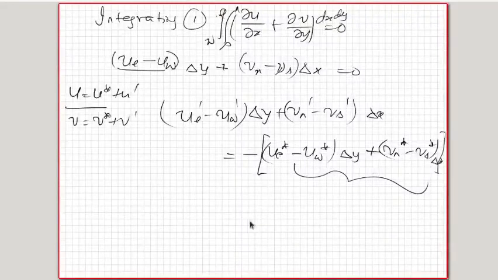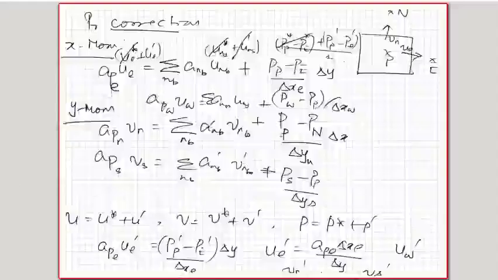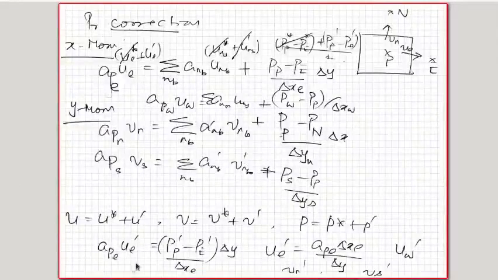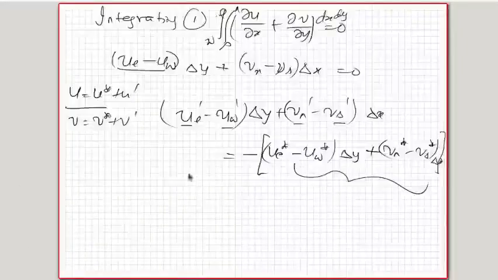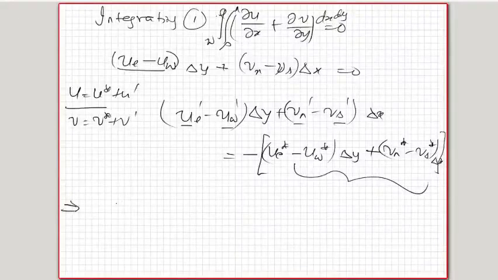Okay, so that is the residual of the continuity equation, and as this reduces to 0, these also will reduce to 0 as they go. Now here for ue prime, uw prime, vn prime and vs prime, I substitute from the pressure corrections expression that I wrote here. So I'll get an equation. This leads to an equation in P prime of the form